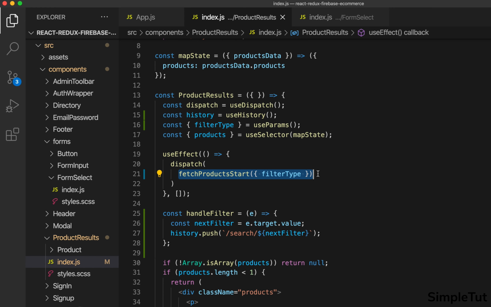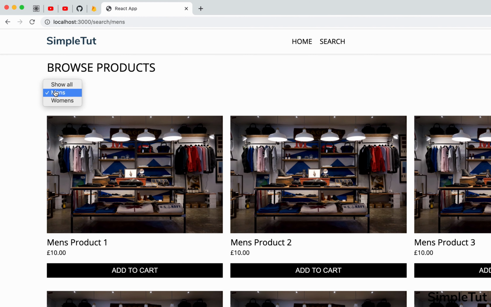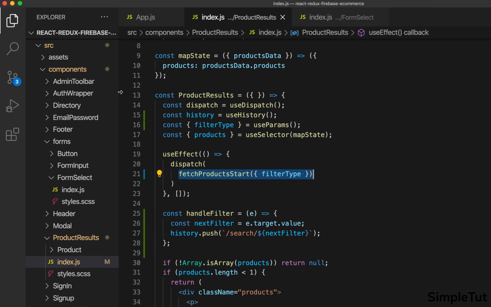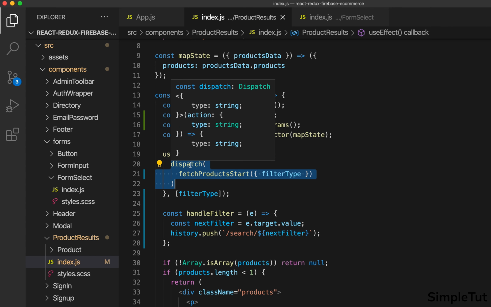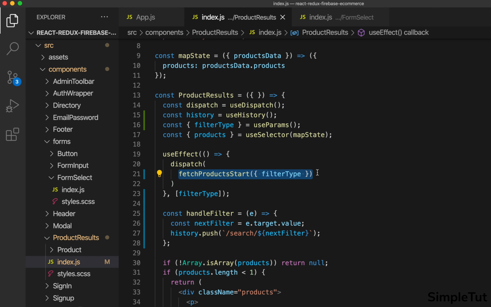But think about it. We also need to go out and fetch it whenever a user selects a different type from our filter. We need to go out and fetch it again. So within our useEffect hook, we need to pass the filter type into our dependency array. And the reason that we want to do this is because whenever the filter type changes, i.e. the user selects a different filter, we need to rerun this code and we need to redispatch the action to fetch the products with the new filter type,